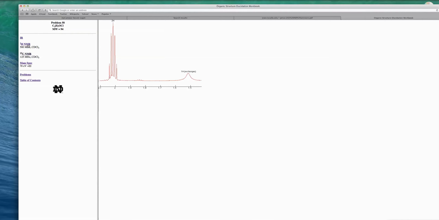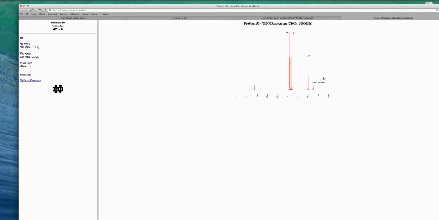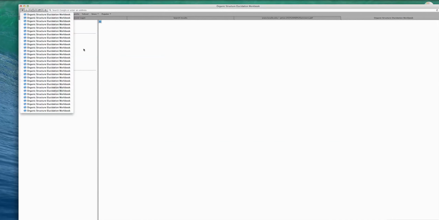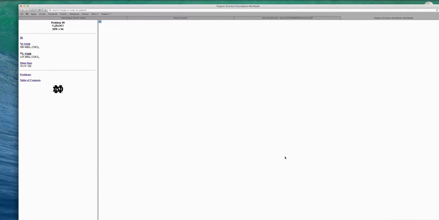And if we take one last look, our 2 triplets are furthest downstream. So we have a CH2, a CH2, a CH2, and OH. Of course, this is going to be our deuterated chloroform. It's not showing it. It's at about 7.3. I think we're ready to propose a structure at this point. So putting all of this together,